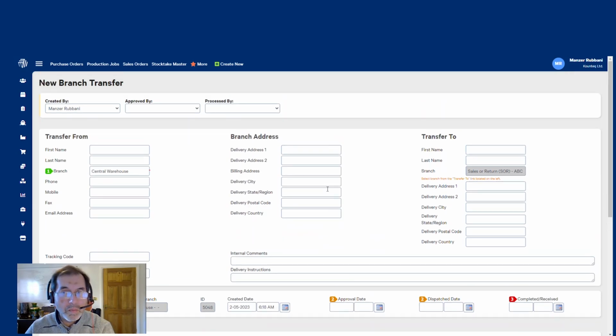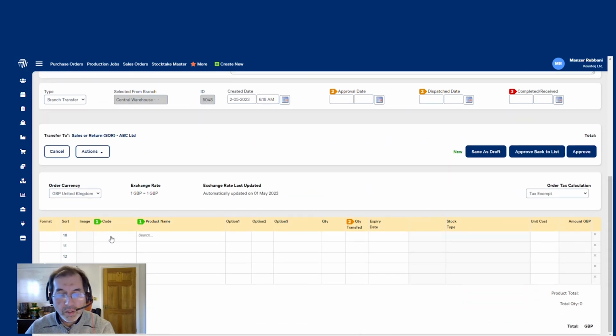This is a normal branch transfer, and you would list the codes here. So let's see if we can find the code.